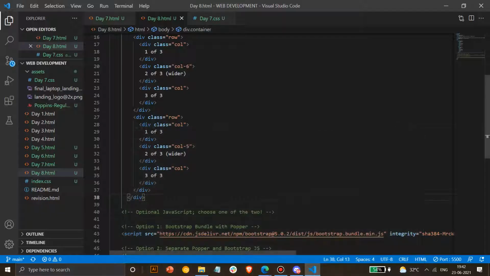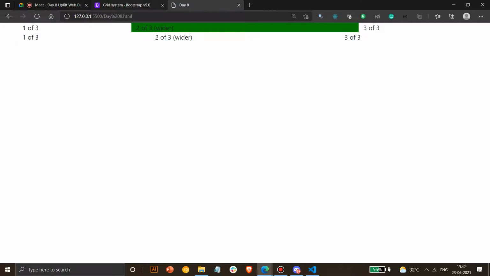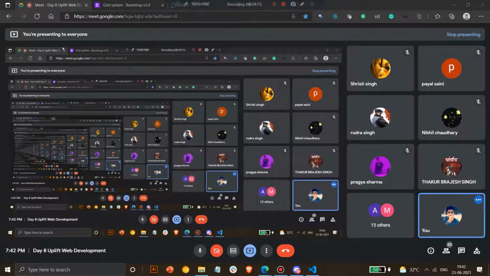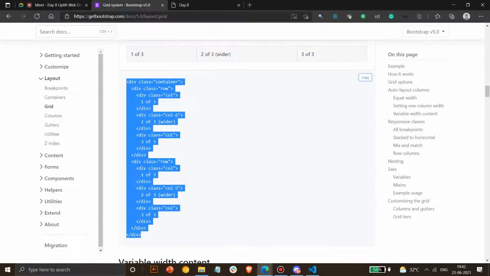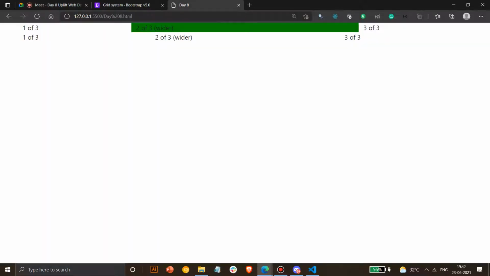What happens if you use col 6? Anyone? Just try. What does it mean? It's really important. That's why you have to interact here.